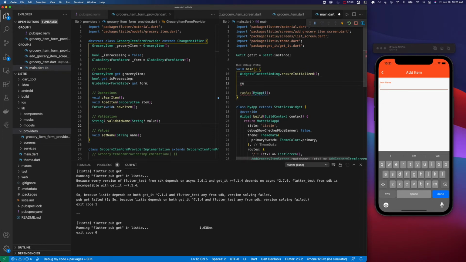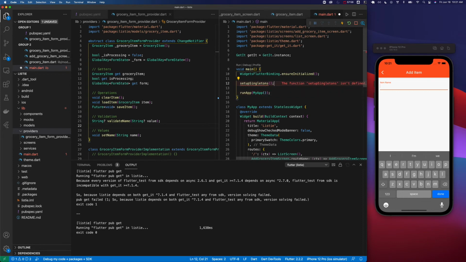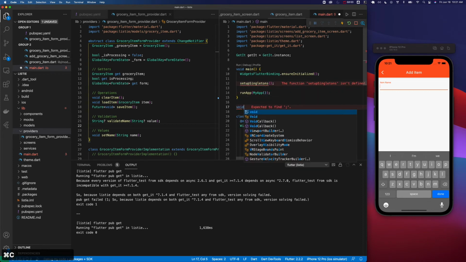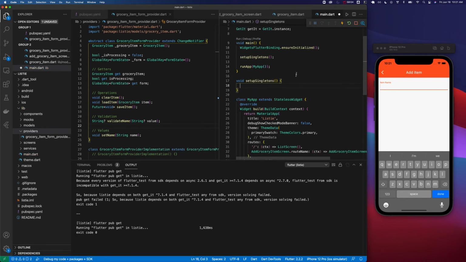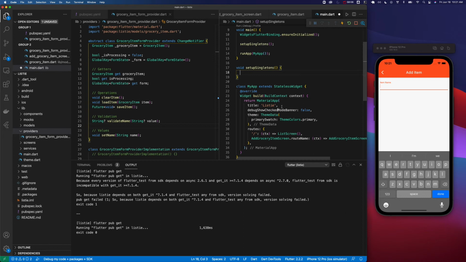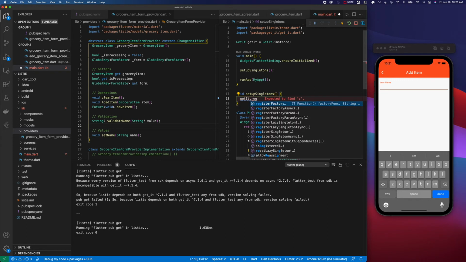Then I'm just going to call a function here called setupSingletons, which we don't have. So let's make a void function called setupSingletons. And this is where I guess the magic kind of happens. So we're going to take that thing we made called getIt, and that's just a reference to this guy here. And we're going to go register